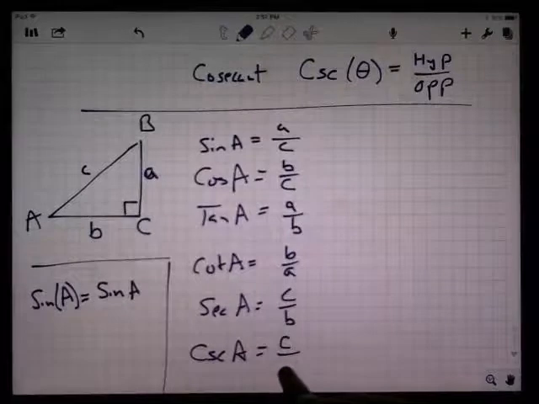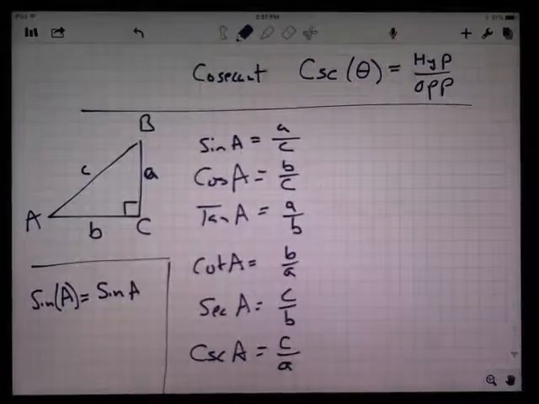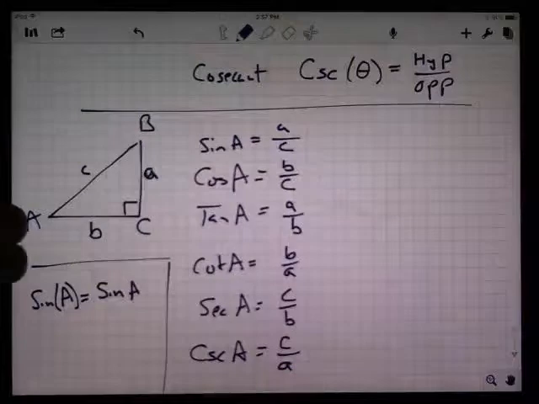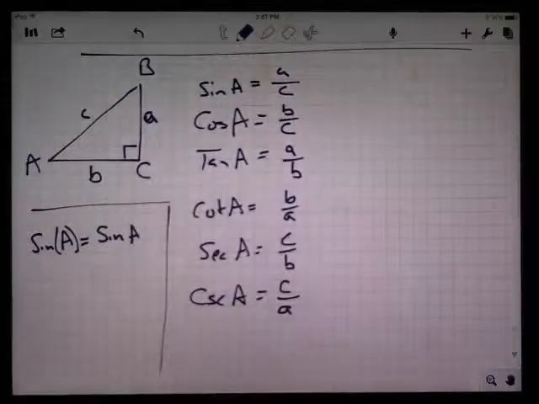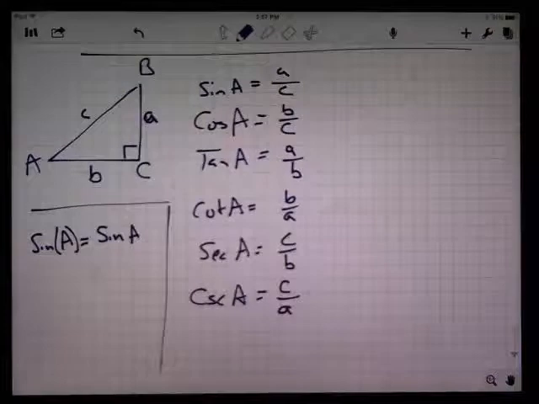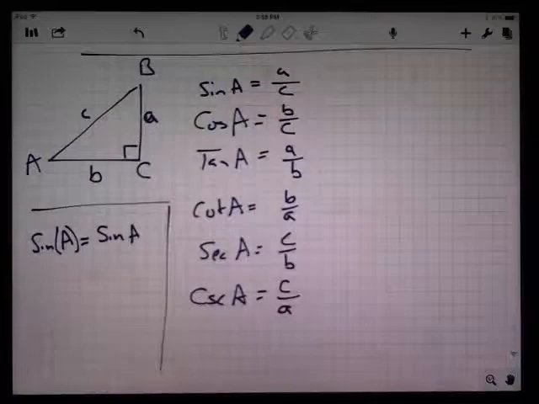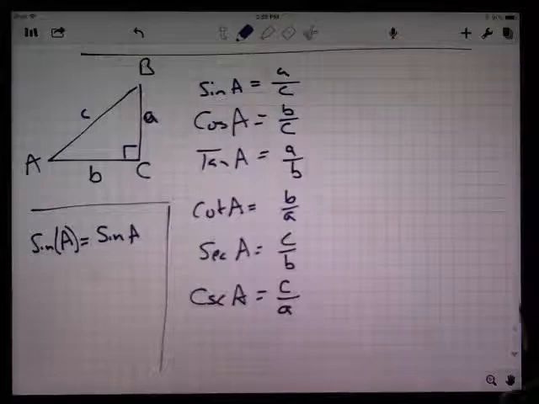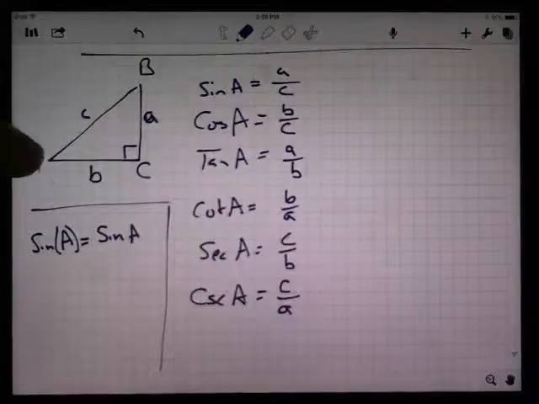The hope is that over a short amount of time you don't really have to think too hard about what two sides you need. In fact, if you do the triangle assignment coming up and the discussion afterwards, the hope is you will get so that you really don't need to think at all about what two sides you need. When you think a trig function, you know what two sides to grab. Right? Now, one thing I want to do here is that I've looked at the 6 trig functions for this